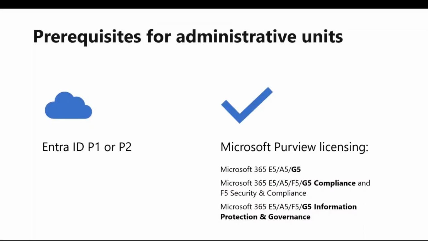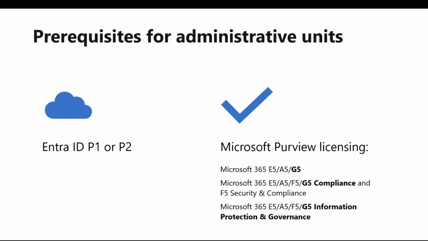Thank you. So good morning, everybody. I'm just going to cover this slide and then turn it back over to Sergio. But if you are a G3 customer wondering what licenses you need for admin units, the answer is, first and foremost, you need Entra ID P1 or P2, formerly known as Azure AD P1 or P2. And then you can take advantage of admin units with one of really three of our license stacks. One is G5 or E5. Most of our government customers are G5